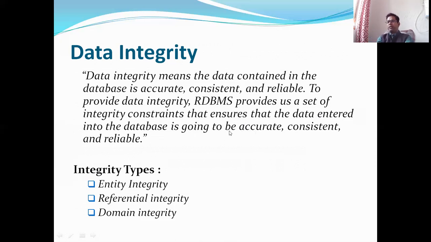So what is the process? What conditions do they want? There are some constraints which must be followed so that data entered into tables is ACR: accurate, consistent, and reliable. So how many types of integrity are there? There are basically three types: entity integrity, referential integrity, and the third one is domain integrity. Let's see how we maintain